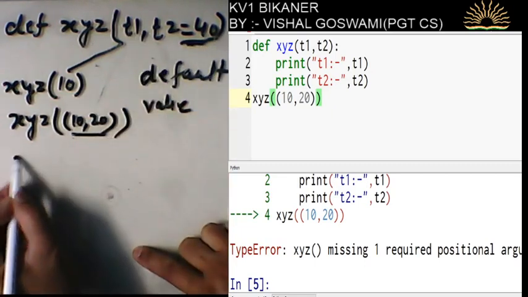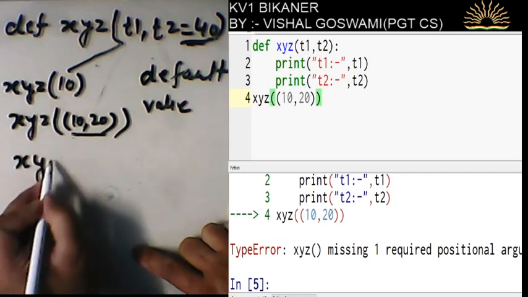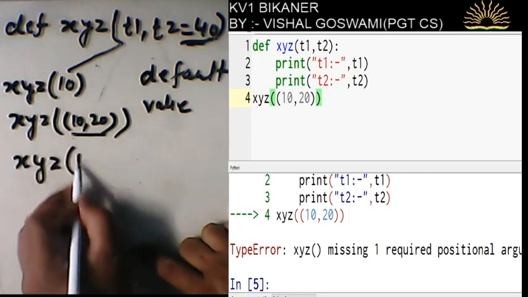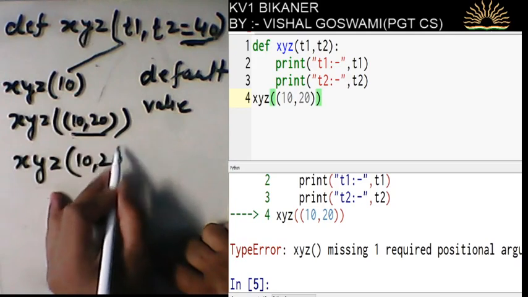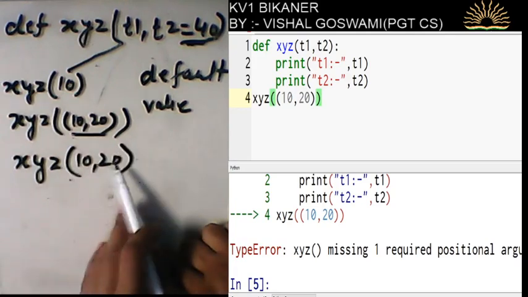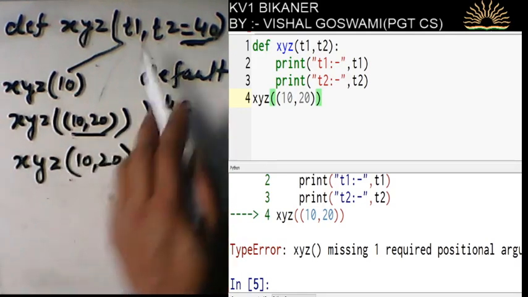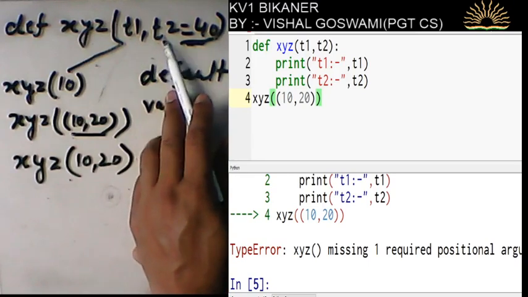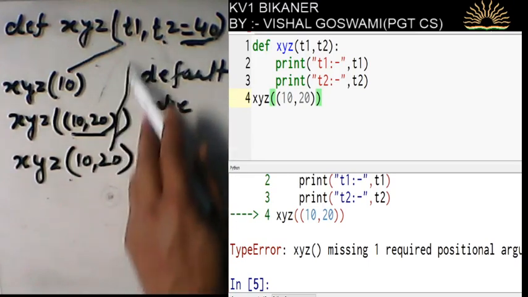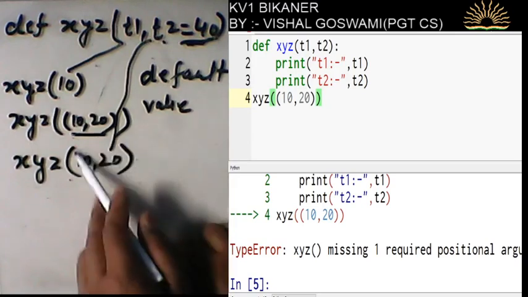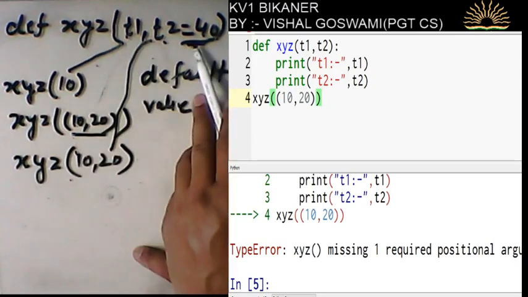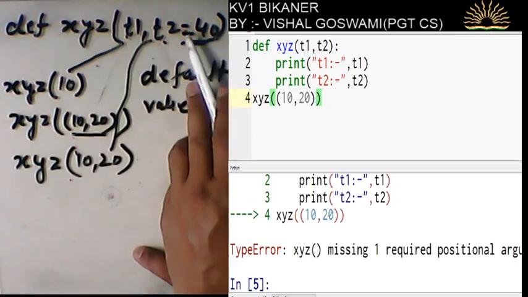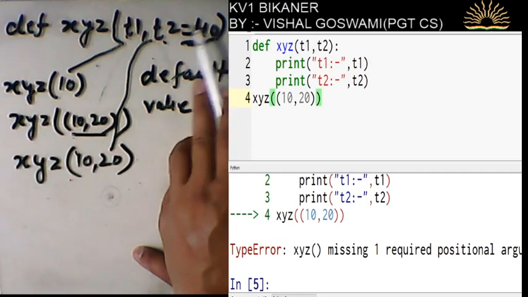Now see once again, xyz with 10, 20. In this case, what will be the value of t2? Because I am providing a value to t2, a 10 to t1, what will be done for this 40?